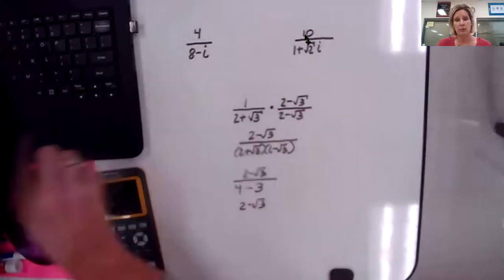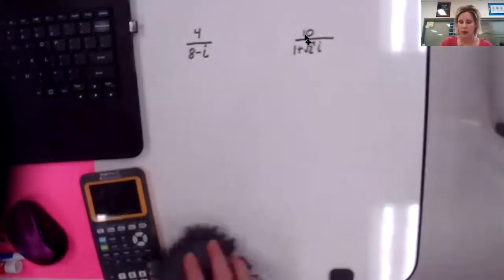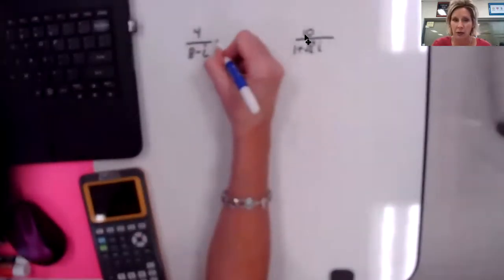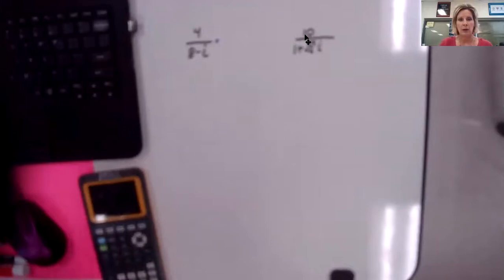Well, these problems are the same idea, okay? So we know if we multiply a pair of conjugates by each other,